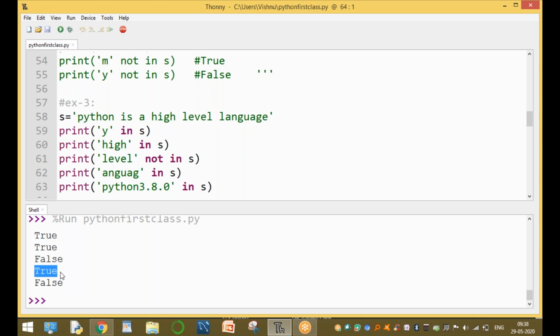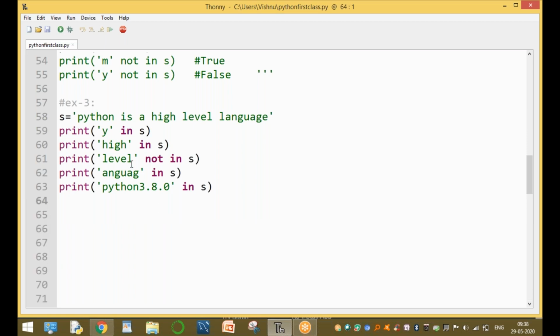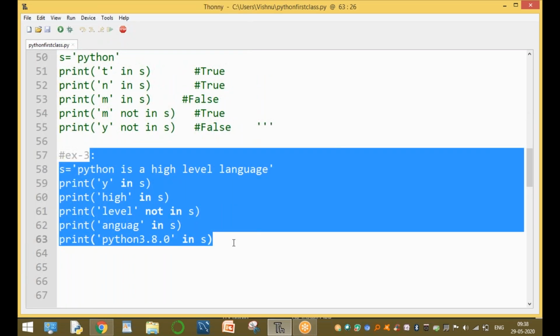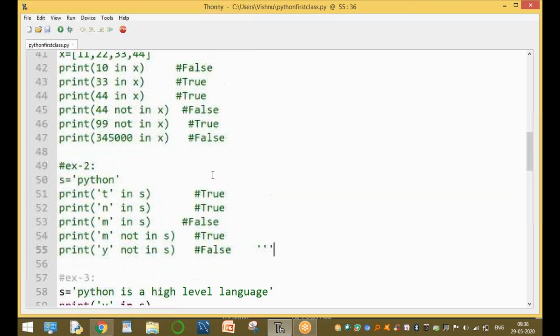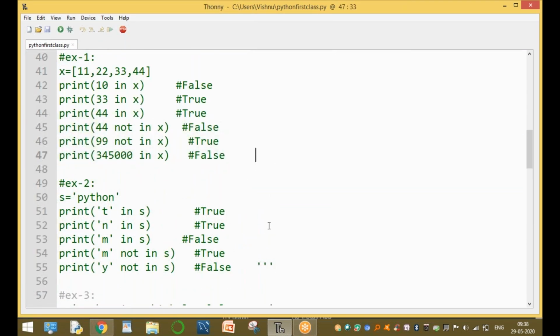High in S is true, and y in S is true. Clear, guys? So using string values, we check whether the value is present or not.